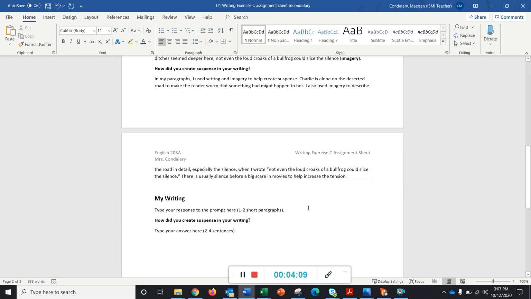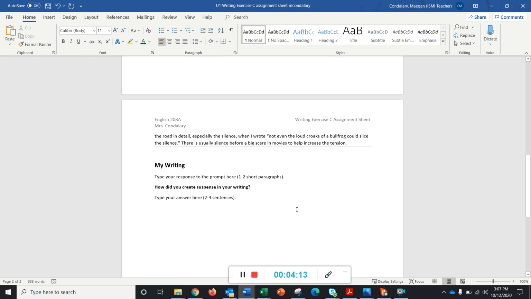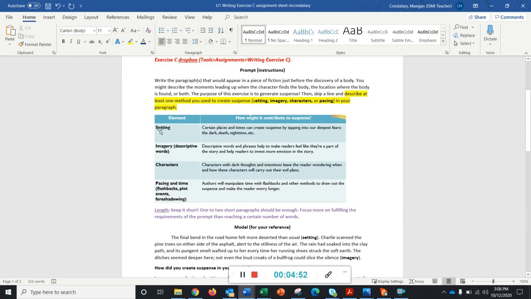So now we need to write something kind of scary about finding a body. So I want you to think for a minute about a scenario where this might happen. It could be from a movie you've watched before. It could be from a show like NCIS. But think really quickly about where this might happen. Alright, I'm going to go ahead and start my writing. I think I'm going to write this time about maybe a girl who finds a body in her basement. That sounds nice and creepy. Maybe she's just moved into a new house. So, a basement in a new house would be my